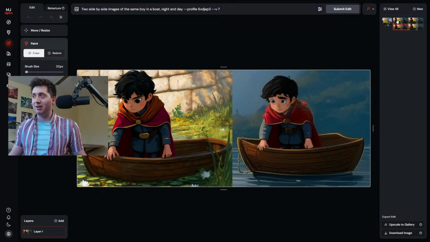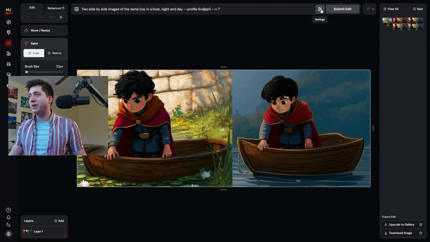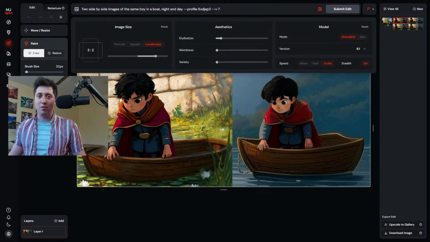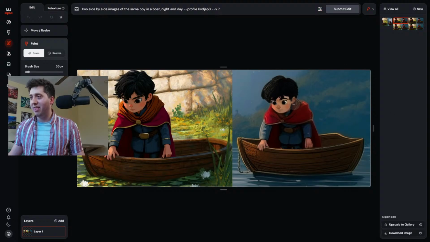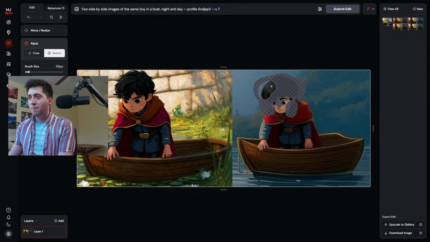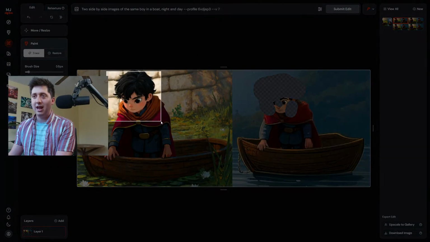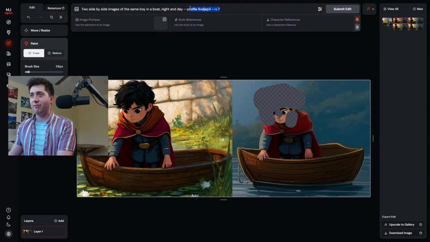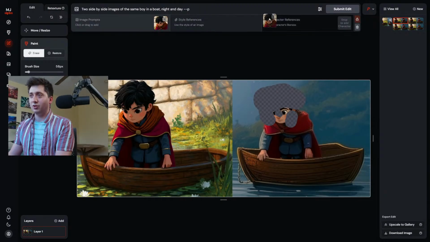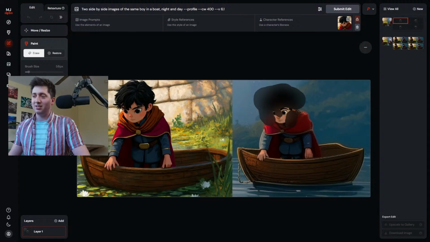Obviously, I don't have a character reference yet or an Omni reference yet. Midjourney isn't quite ready to support an Omni reference in this moment, and so what we've discovered is we have to go back to 6.1 and then erase some pieces and get the eyes to be a little bit more of the right shape and the hair to be a little bit more correct. But version 7 is going to get us closer, and then we can literally just take this as a character reference and in version 6.1 generate the fix, and hopefully